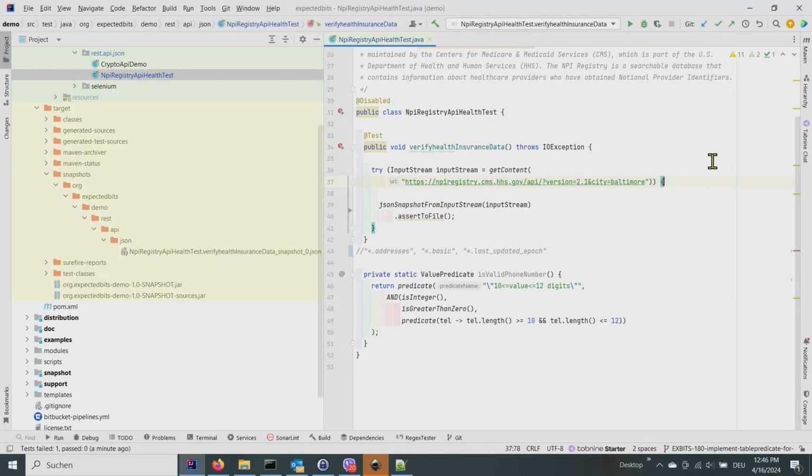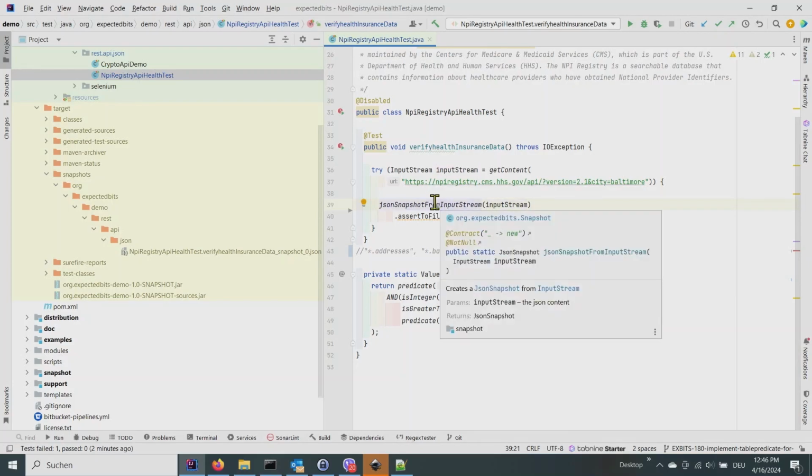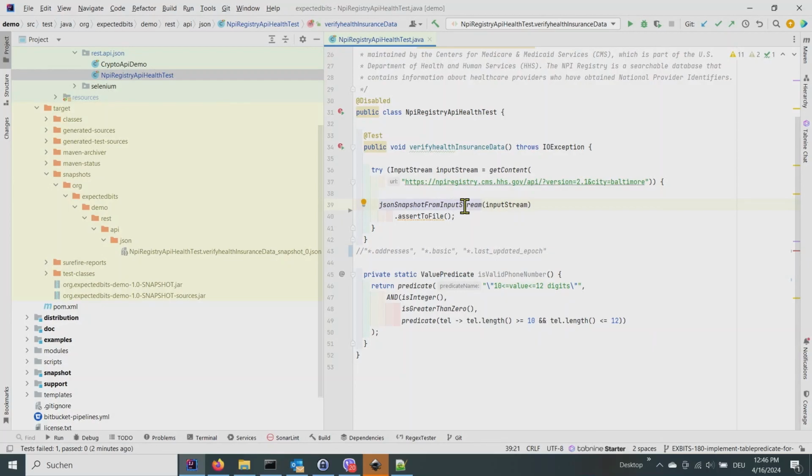So I prepared this example where we fetch data from the NPI service. The NPI service is a US service where health organizations are registered. Here you just create the input stream, then you have the URL of the REST service which responds with JSON, and we just fetch it. Then I take the content of this input stream and create a JSON snapshot from it. Here you just keep this JSON in memory and then you assert to file. This is very simple. If I execute this,